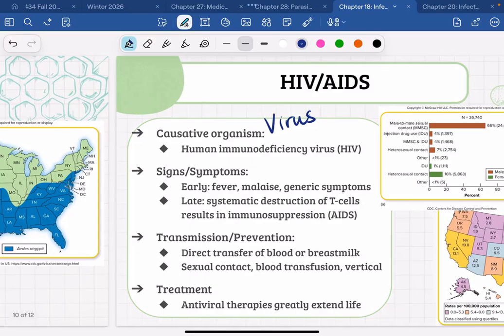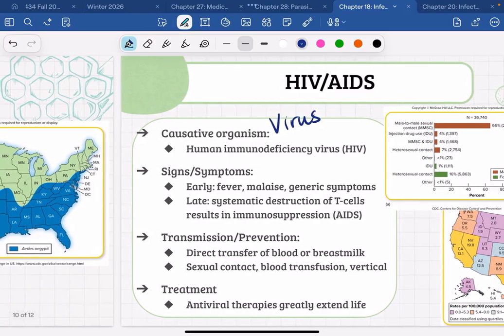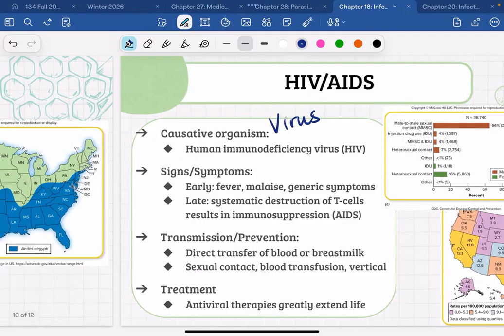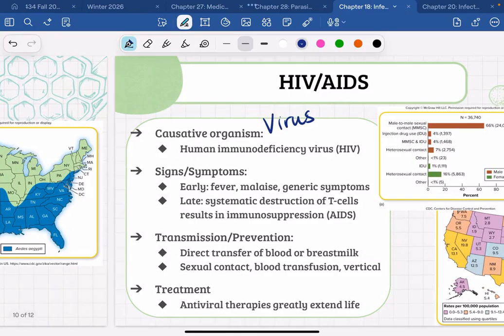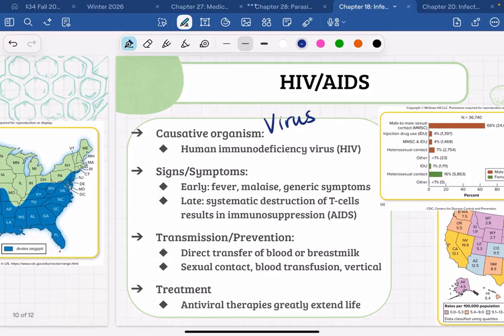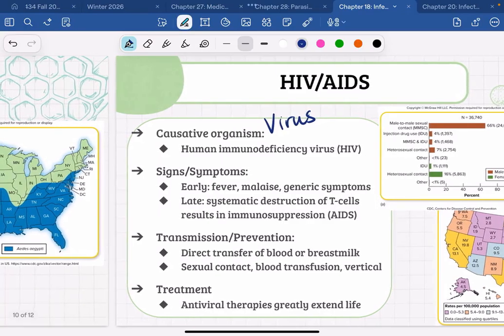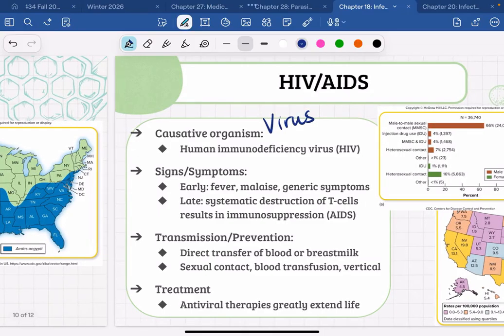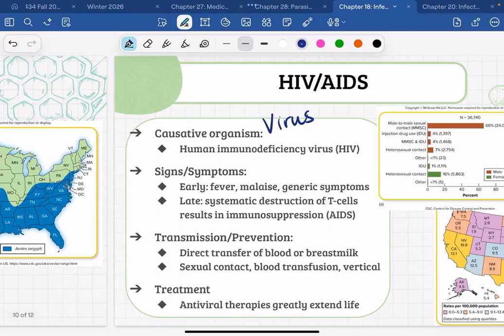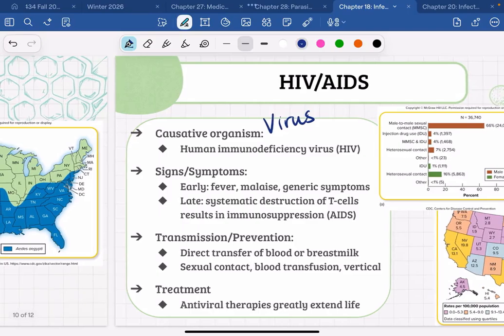But late stage HIV has systemic destruction of the T cells. So the HIV virus inserts itself into the T cells and destroys them. So as a person with HIV, as their disease progresses, usually over many, many years, they will have a systematic decrease in the number of T cells that they have. And there comes a time when somebody who has advanced stage HIV literally counts the number of T cells they have. Like you can count in their body the number of T cells that they have left. It gets into single digits, and then they have none.